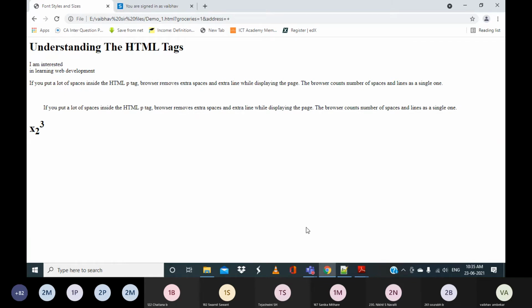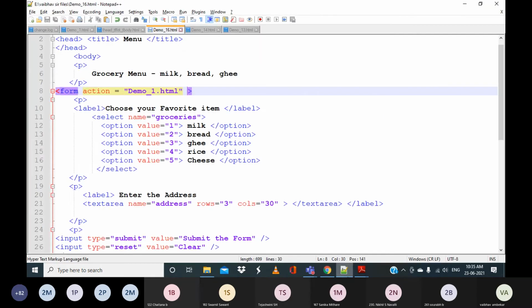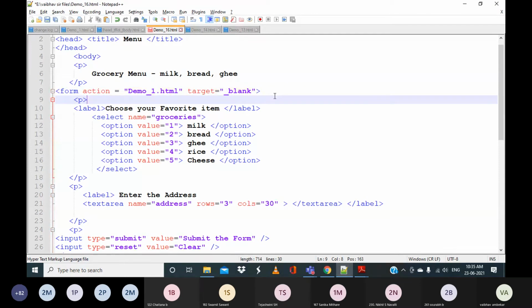But if I want the response to appear on a different tab or on a new tab, what you have to do is give target equal to blank. That means it will open in a new tab. So for that you have to specify the target attribute and the value as target equal to underscore blank.